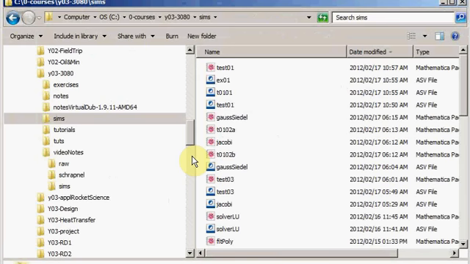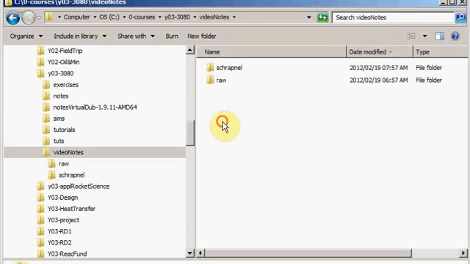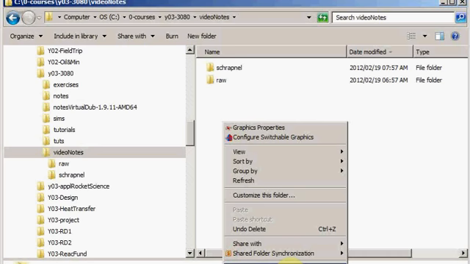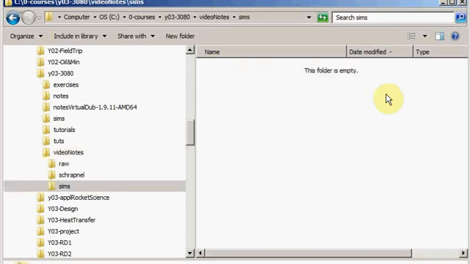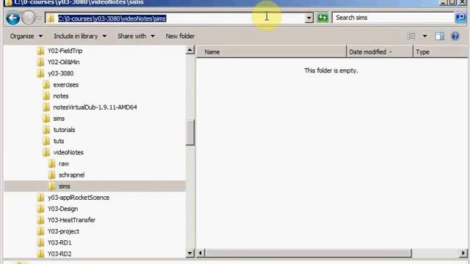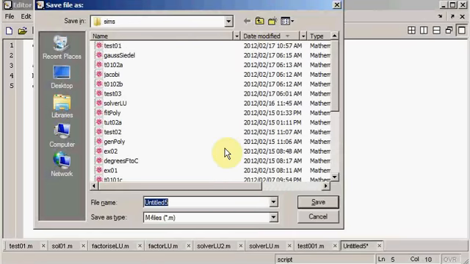So let's start a new folder for our materials. So I'm just going to delete that one. So in these video notes, I'm going to create a new folder here and save that one as Sims. And going into Sims, I'm just going to copy that as the path. So in MATLAB, where are you? Okay, it's waiting for me. So here, let's save in this path, let's save that as sim 001,